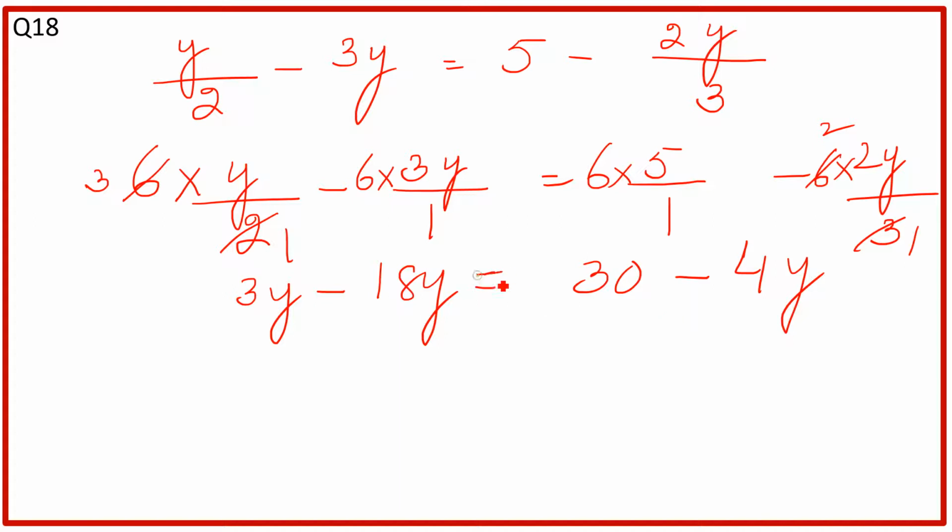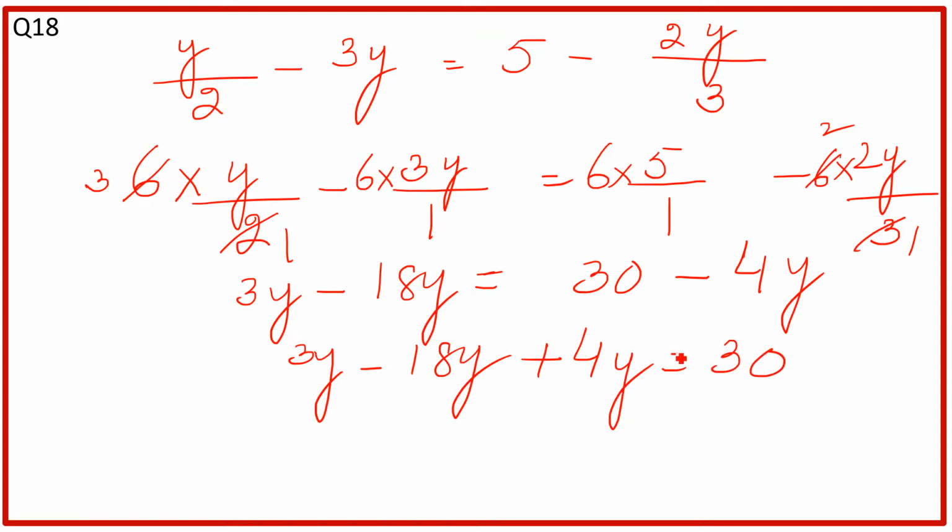Now see, in this way we have removed the denominator. Fraction is removed. Now we have this equation. So this is 3y and this is negative 8y. This is 18y. This is also a negative 4y. So we have to bring this to the other side of the equation. It means we have to take the transpose. So the sign will change.